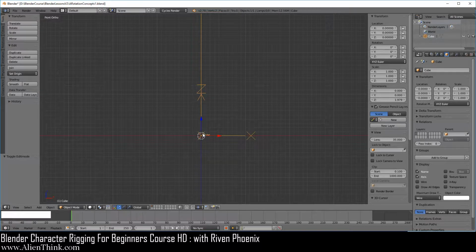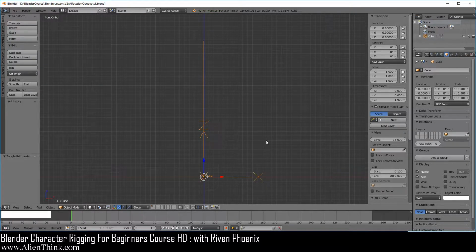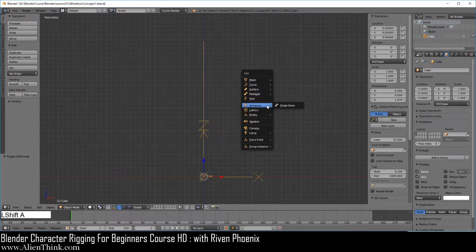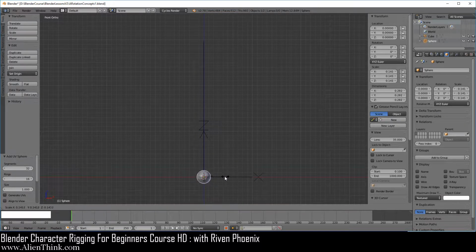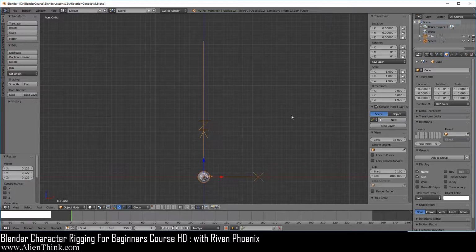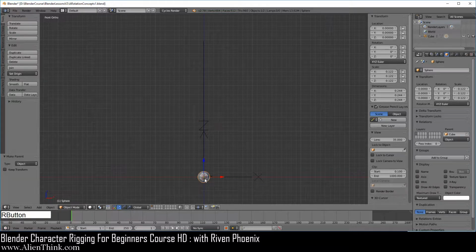Now make sure that the 3D cursor is in the center, do Shift C. Now go ahead and do Shift A and add a UV sphere. Press the S key to scale this down, kind of like this. Having the sphere selected, press the Shift key down and click on this object and create a parent-child relationship. Do Control P and select Object. Click on this sphere and go ahead and click on the blue arrow and move it up over here.